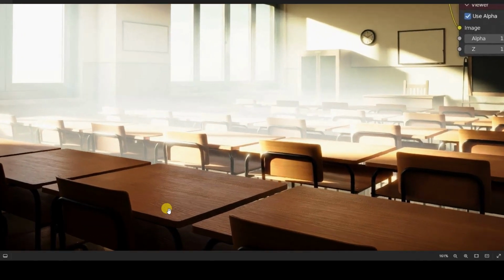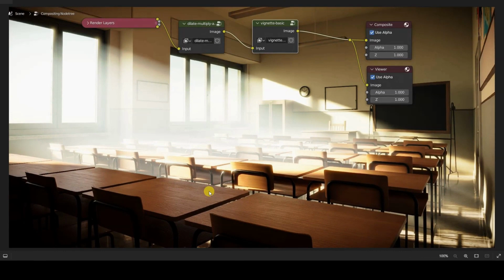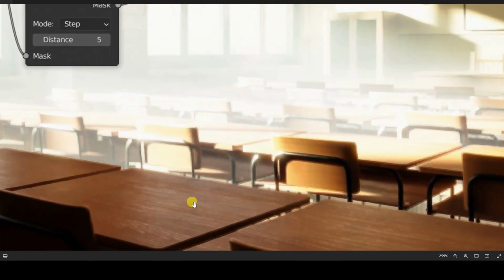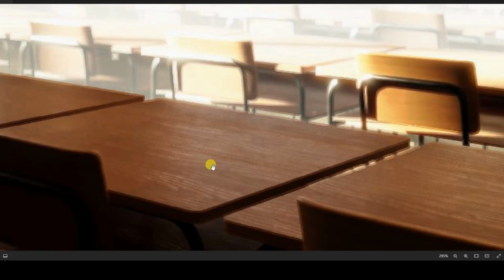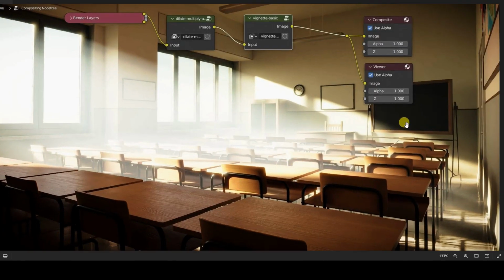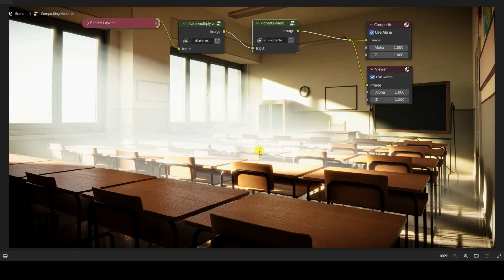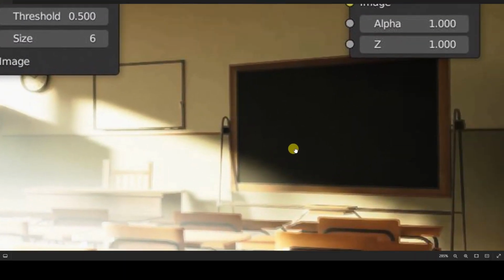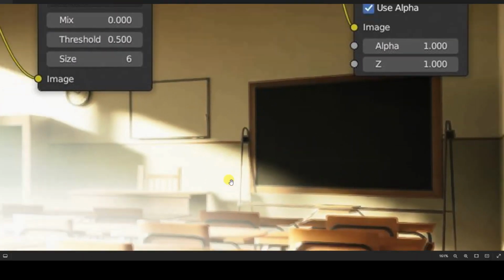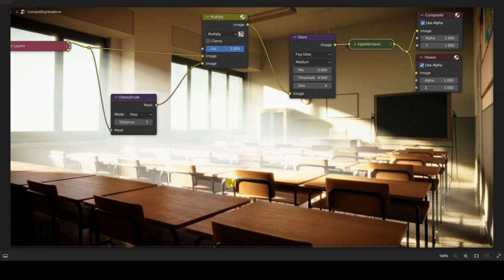The last comparison I'm showing you on video concerns two renderings obtained by setting 1 and 5 in the distance field of the Dilate Erode node. Pay attention, in this case, to the blur obtained by setting the value to 5, for example observing the loss of details and sharpness on the desks or the edges of the blackboard. Therefore, the value of the distance field should be set considering this consequence, depending on whether you want to achieve a contrasted but well-defined image or a more painterly image with less defined details and edges.